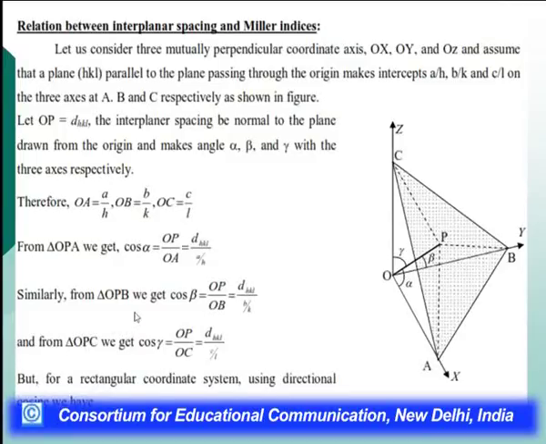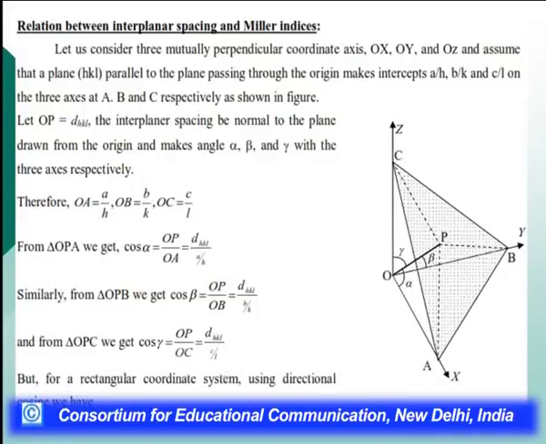Similarly for the other triangles, the triangle OPB is also a right angle triangle, and then the triangle OPC. From different triangles, we will calculate the value of cos alpha, cos beta and cos gamma. For cos beta, which is equal to OP by OB, we can write it as d_hkl divided by b by k. From triangle OPC, cos gamma is equal to OP by OC, which is equal to d_hkl by